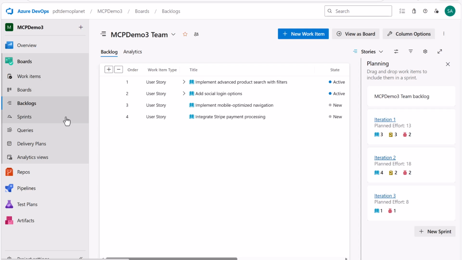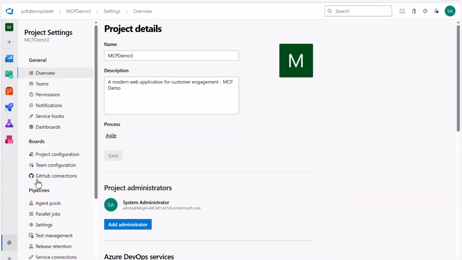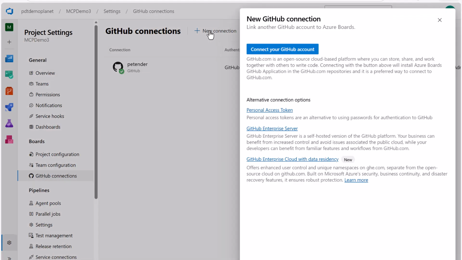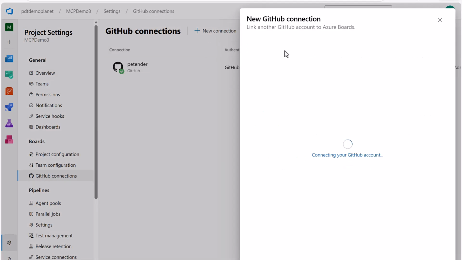So what we need to do here is connect our DevOps environment with GitHub. There's a couple of different ways to do this. The first one I'll show you is, out of the project, navigate to Project settings and select GitHub connections. I already have it established because that speeds up the demo a little bit, but if it's the first time, and remember this is per project, you're going to add a new connection, connect to GitHub,